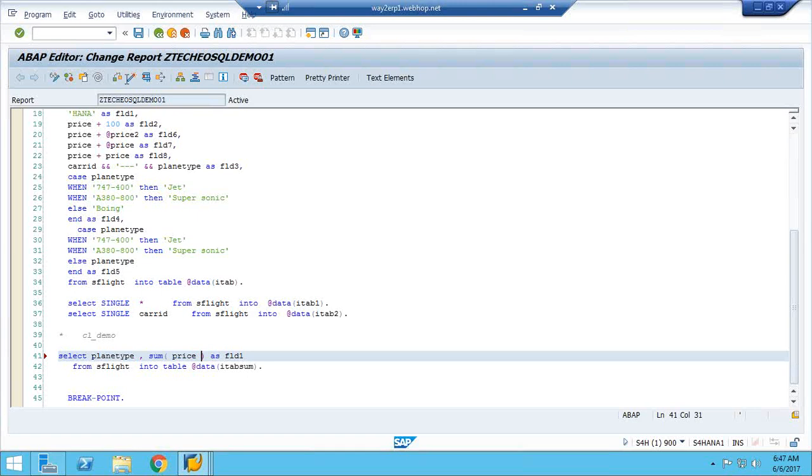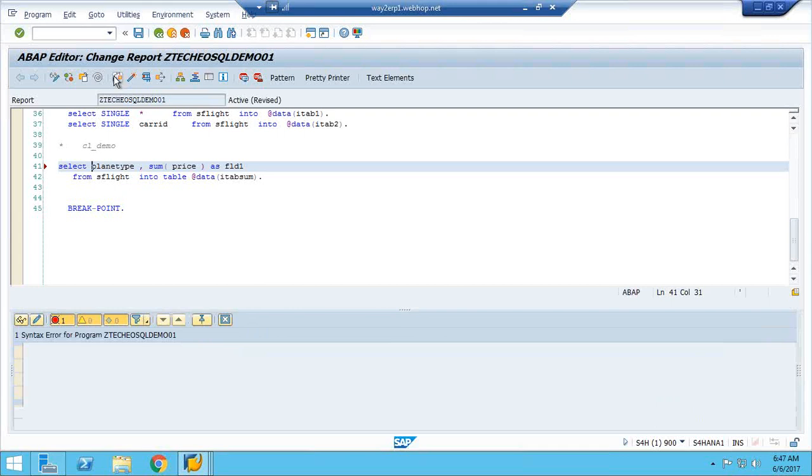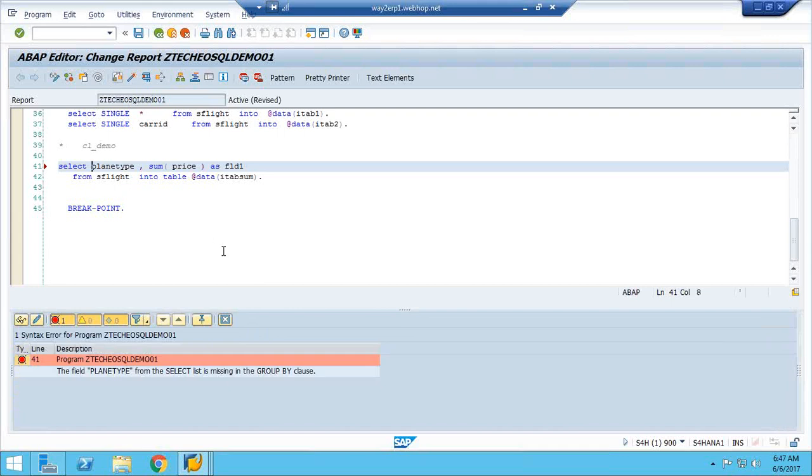Whenever we are doing the aggregation, we have to mention based upon which field we are doing the aggregation, like if you are doing a subtotal or grand total, like vendor-wise subtotal, document type-wise subtotal, or customer-wise subtotal.